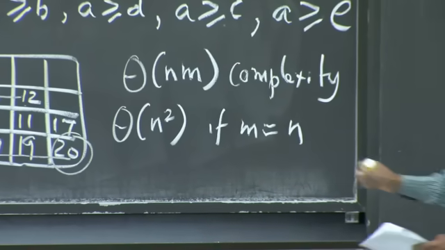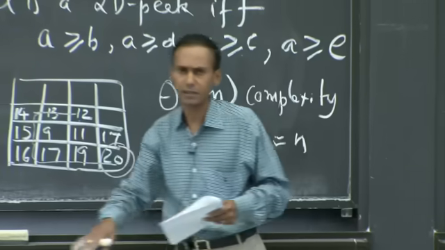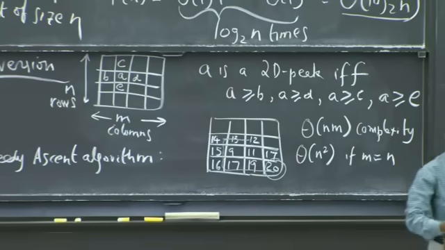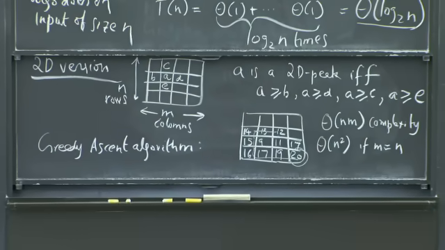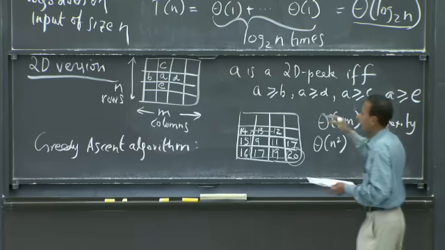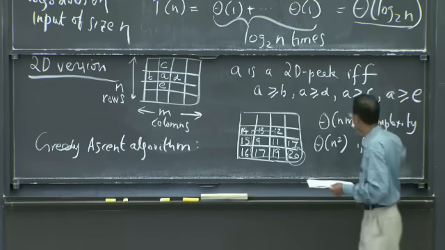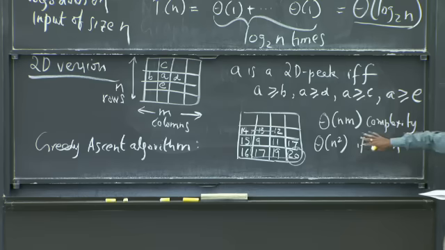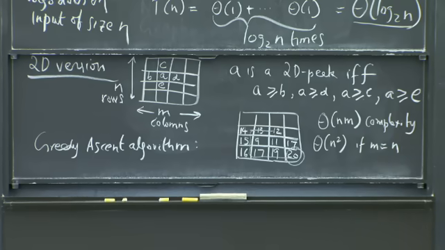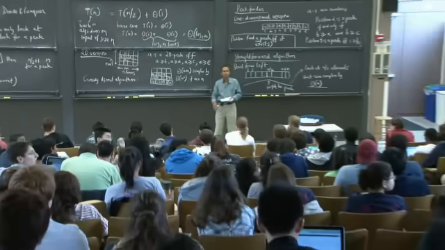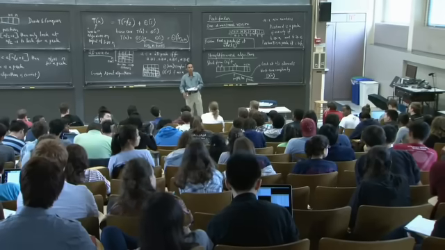I won't spend very much time on this because I want to talk to you about the divide and conquer versions of this algorithm for the 2D peak, but hopefully you're all with me with respect to what the worst case complexity is. All right? People buy that? Yeah, question back there. Is that an approximation, or can you actually get to n times m